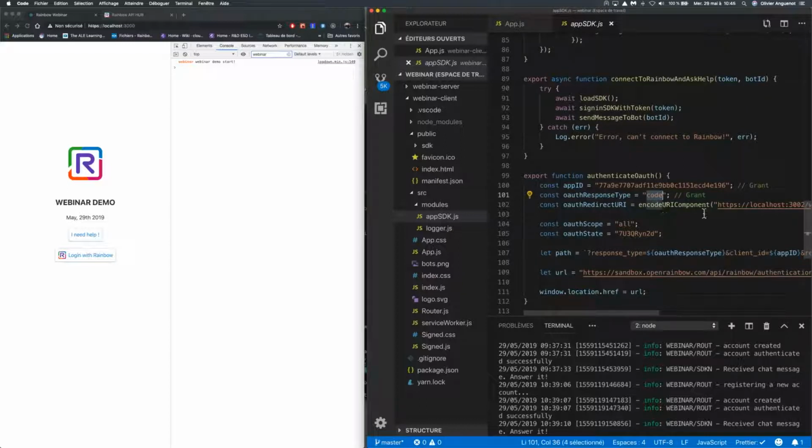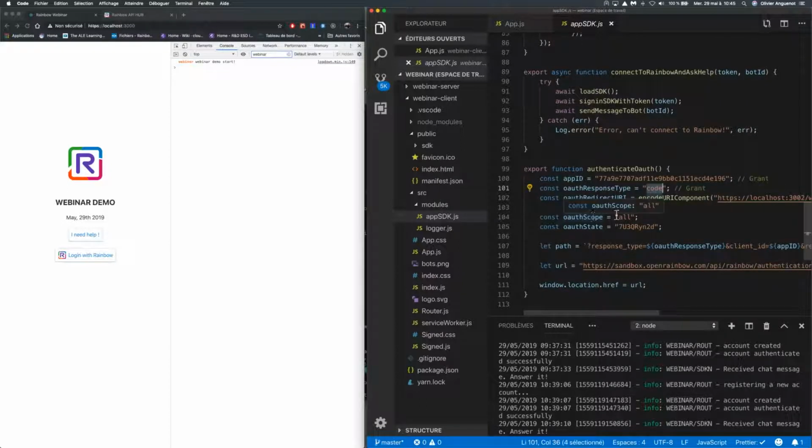And then you have to configure two other parameters. The first is the scope. So today we only support the scope all, which means that all the information will be shared with the application. So you do not have the possibility to share a part of your identity or of your Rainbow data.